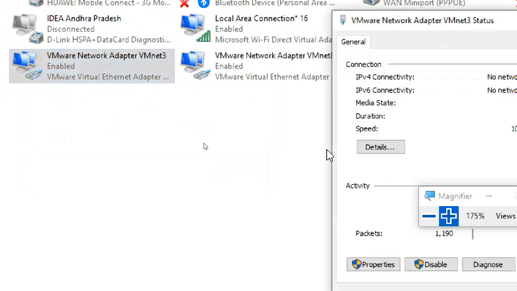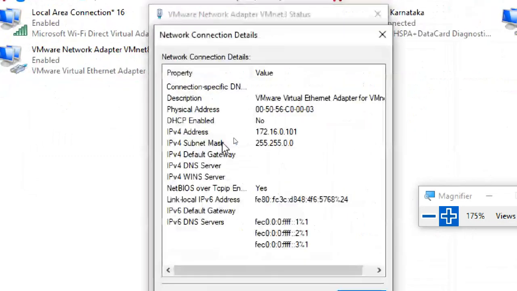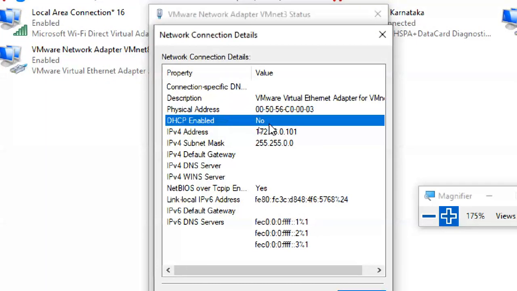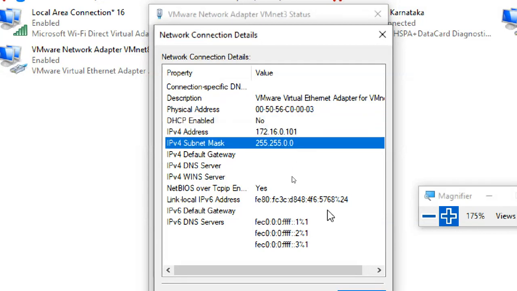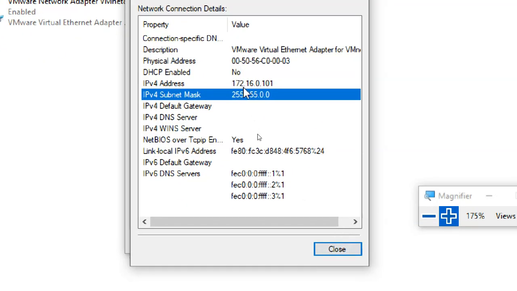Again, I'm going to check the IP address. Can you see DHCP enabled: no. And it's showing an IP address. Who gave this IP address? I gave it manually.